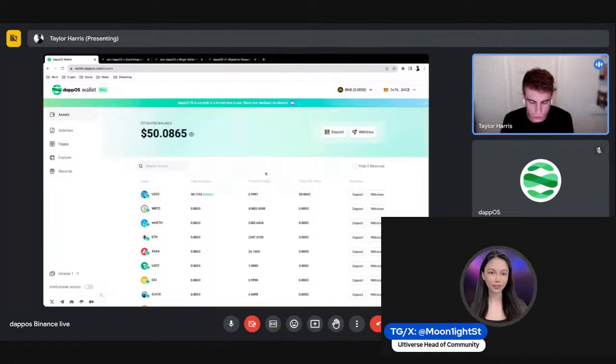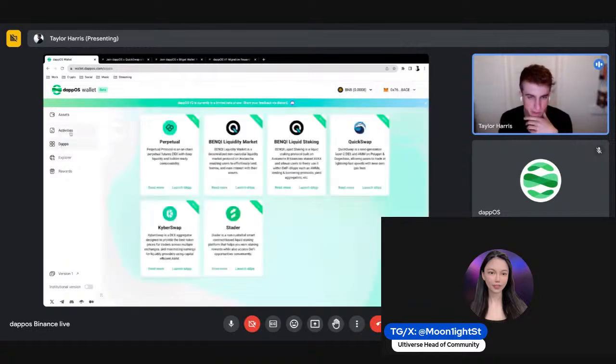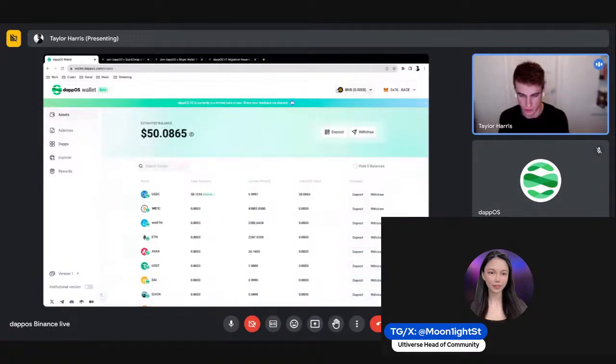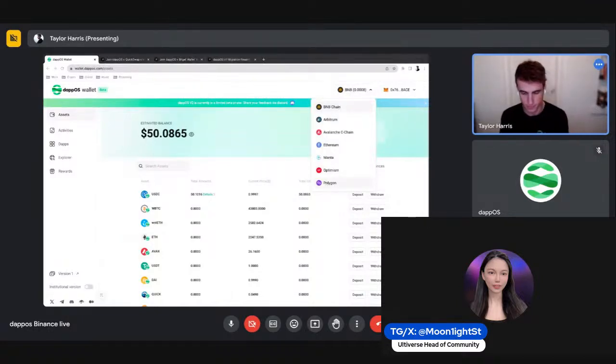What we're going to do is first take a look at dapps, because this is going to be the bread and butter. But actually, before we get started, I'm going to try Polygon like we wanted to do before. Not only can you do BNB, I could do Polygon as well.